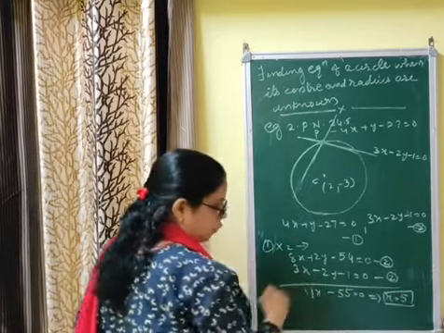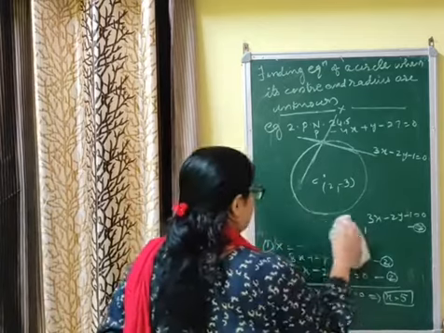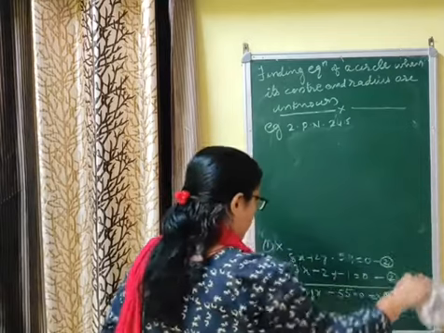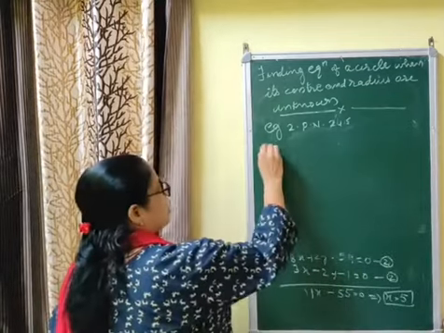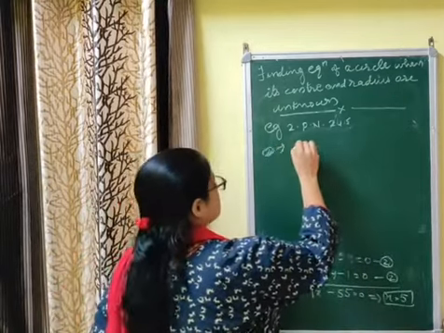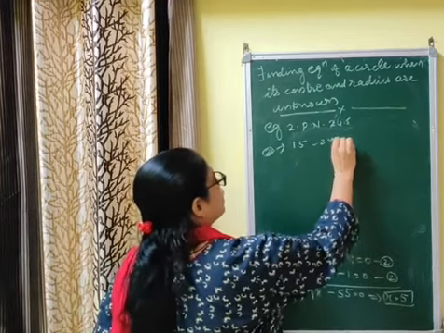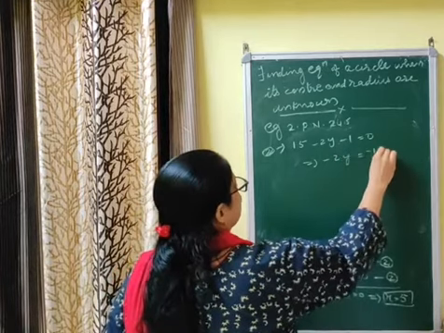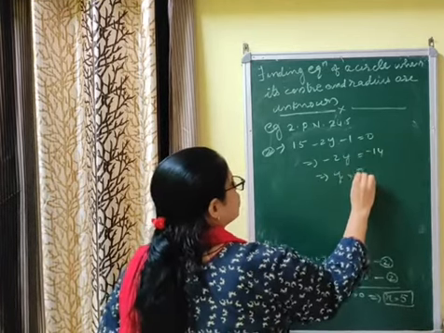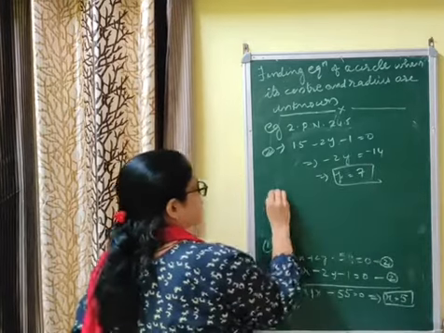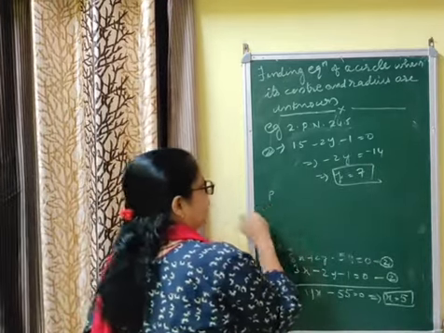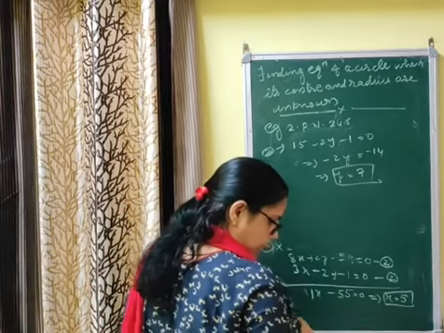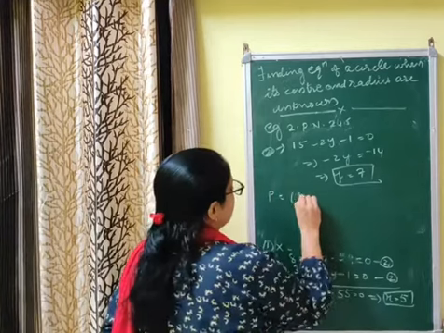Now you have to find the value of y. You can use any of the equations. I am using equation 1, that is 3 times 5, 15, minus 2y minus 1 equal to 0, which implies minus 2y is equal to minus 14, so y is equal to 7. Therefore, the point of intersection P of the lines, which lies on the circumference of the circle, is 5, 7.